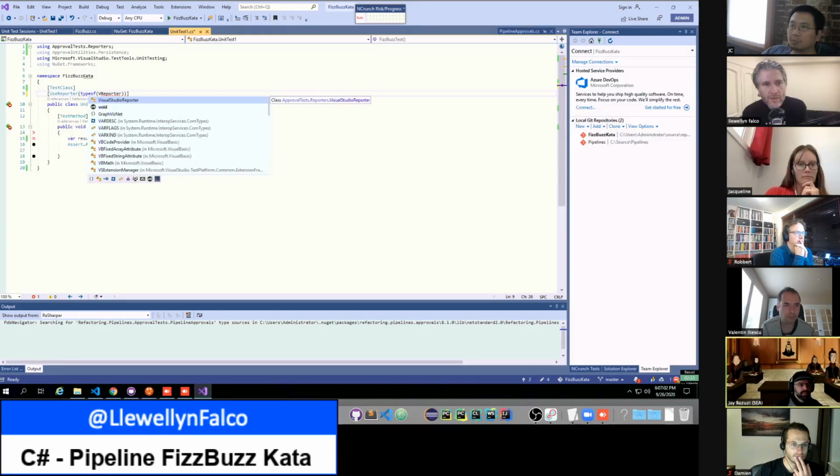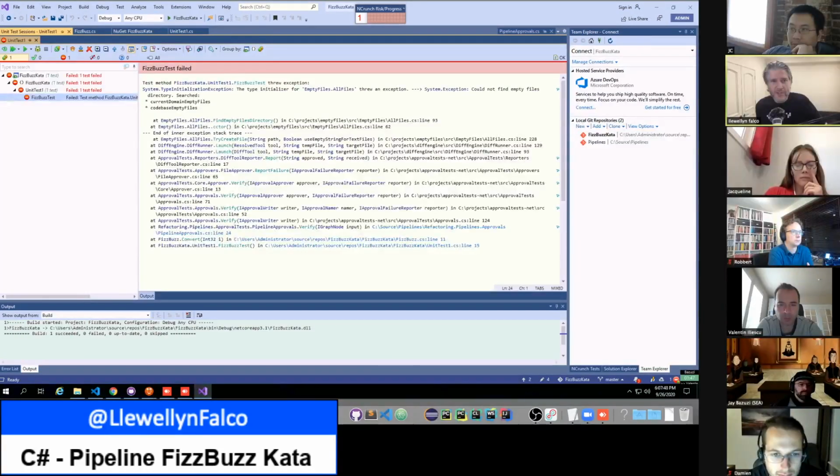We could try putting the empty files in one of those directories. Current domain empty files, code base empty files. It must be a directory somehow. Should we try to find it? I don't know what that means. Let's look in our directory for that directory. So can you open up the directory in Finder? It's not Finder. There we go. Go up a directory.